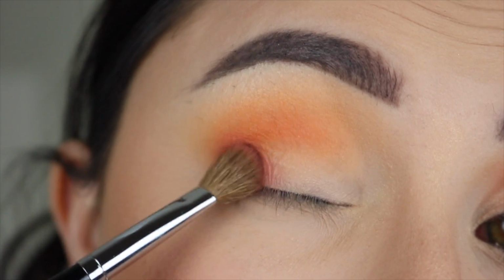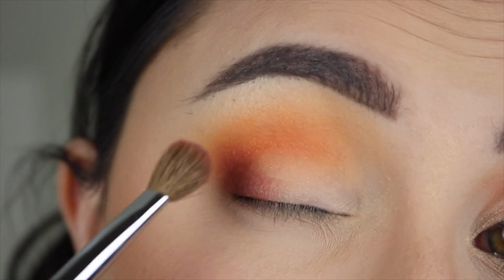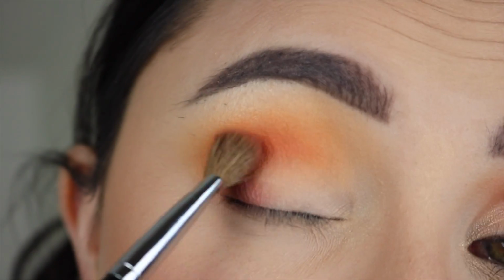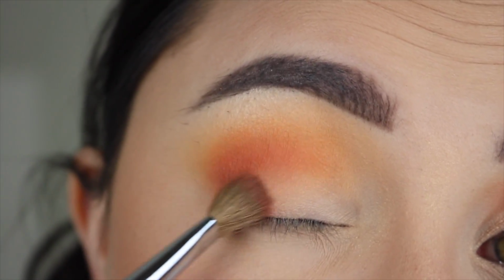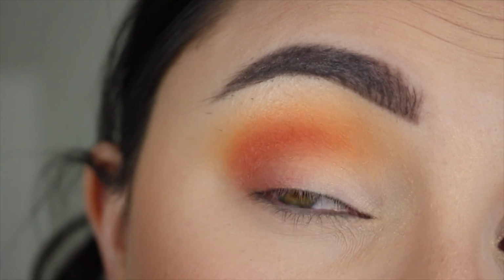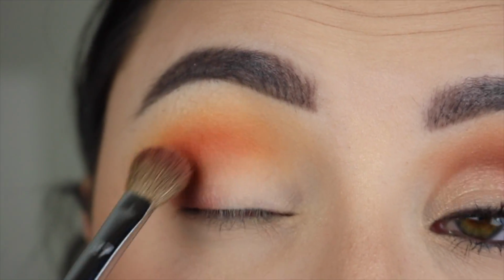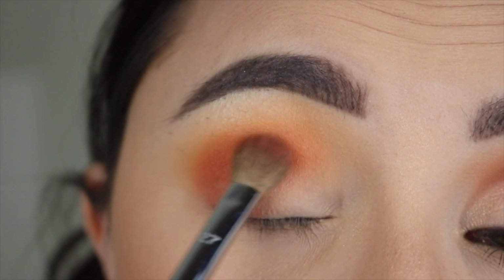So that is looking pretty pigmented, but again, I don't want this stark color right here. So when there's less color on my brush, that's when I'm going to blend it into my crease area. Do this very lightly though, because I don't want the majority of this color to show through. I still want the other colors to kind of peek through. So I'm keeping this low, not up here, low close to my crease, and I'm blending it out. And when there's less product in my brush, I'll go in very lightly towards the inner corner of my eye,